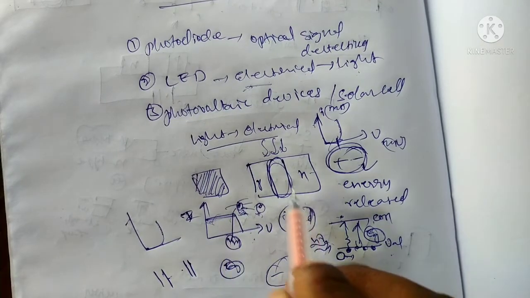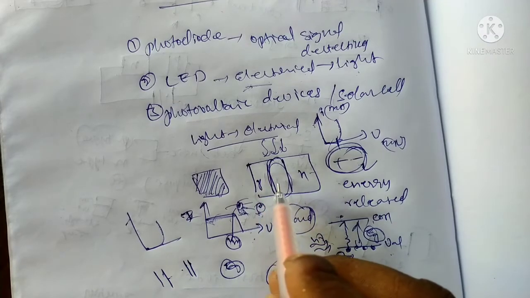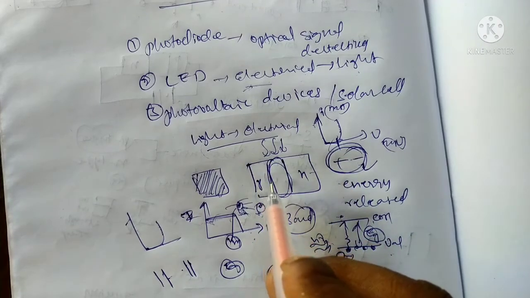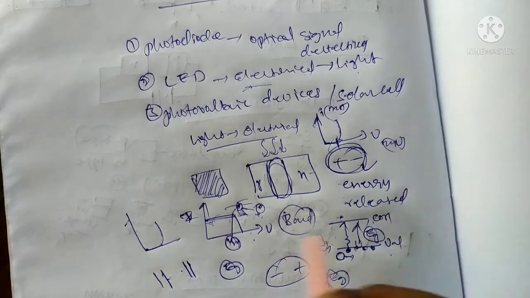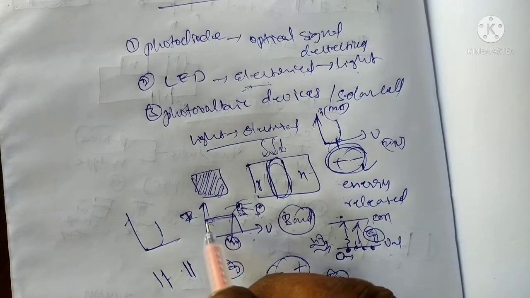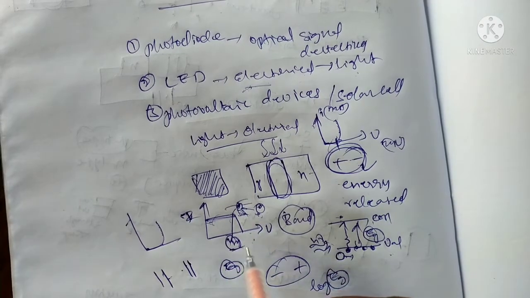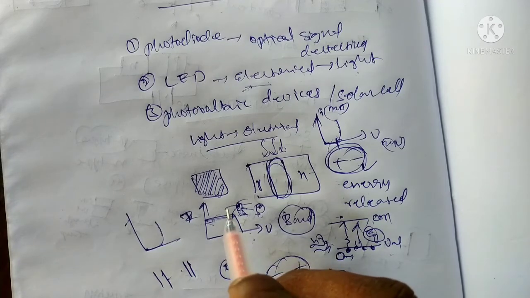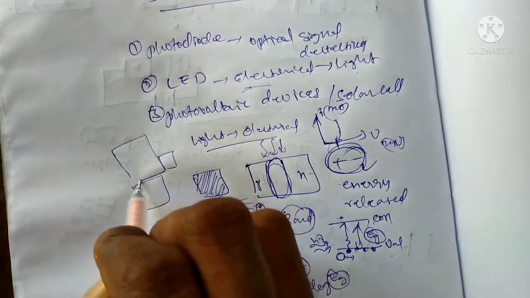In the case of the solar cell, it can absorb the photons from incident light. Incident light falls on the p-n junction or depletion layer. The depletion layer absorbs it, and the number of holes is created in the depletion layer, releasing some amount of energy. This energy is stored in the solar cell. The solar cell stores up to a certain voltage, which is called the maximum voltage. The maximum voltage stored depends upon the size of the panel, like small size, big size, or another big size.